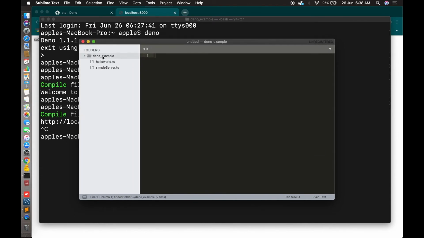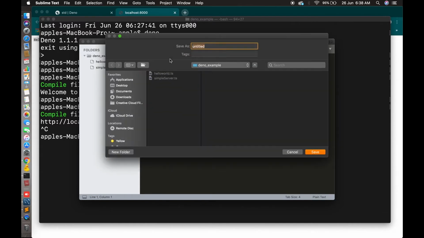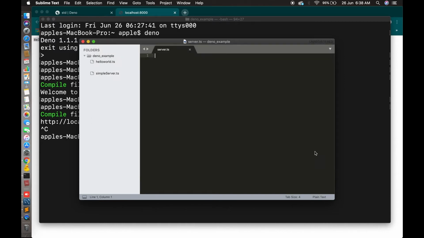My editor is Sublime, but I recommend you use VS Code, where you can download the Deno extension, which will be helpful. But I don't have VS Code, so I am using Sublime.